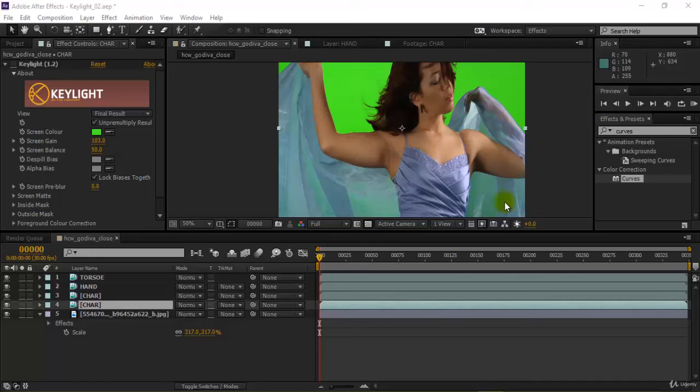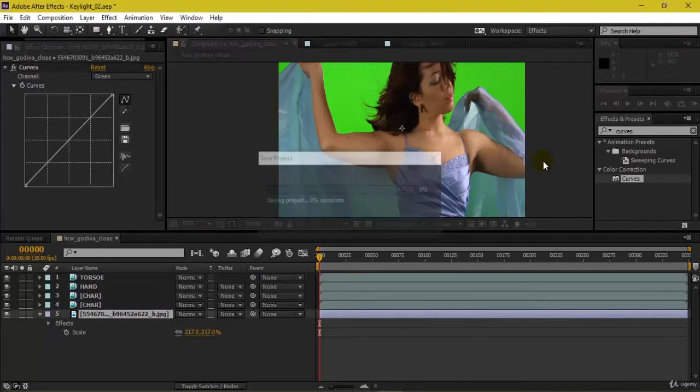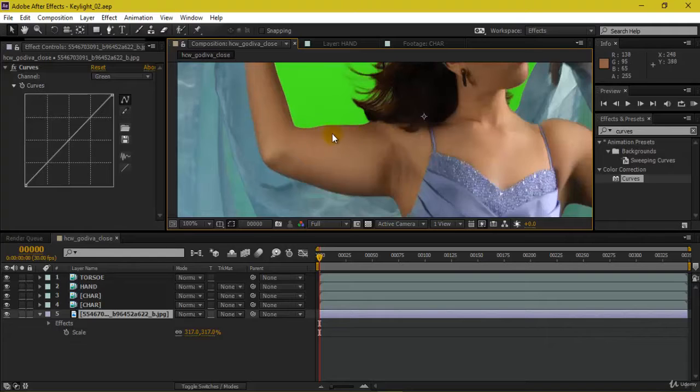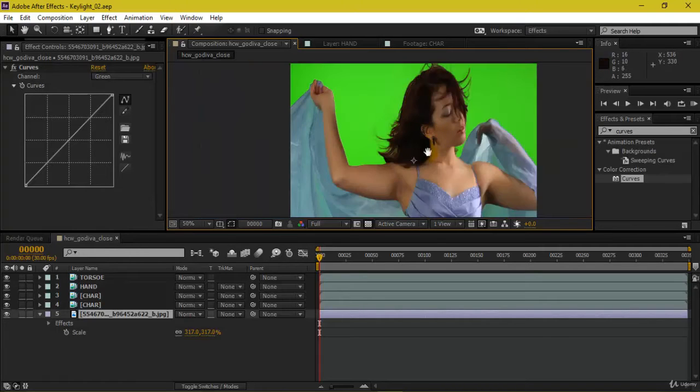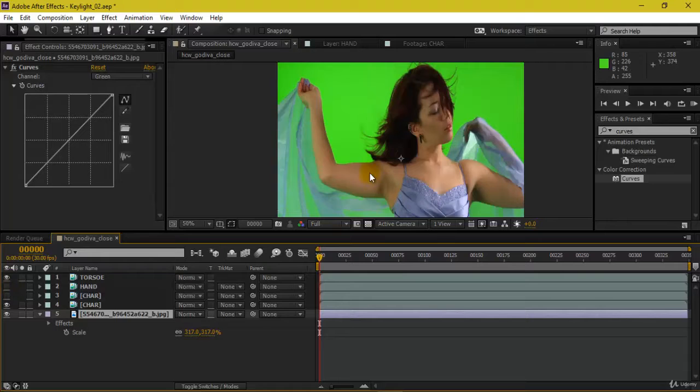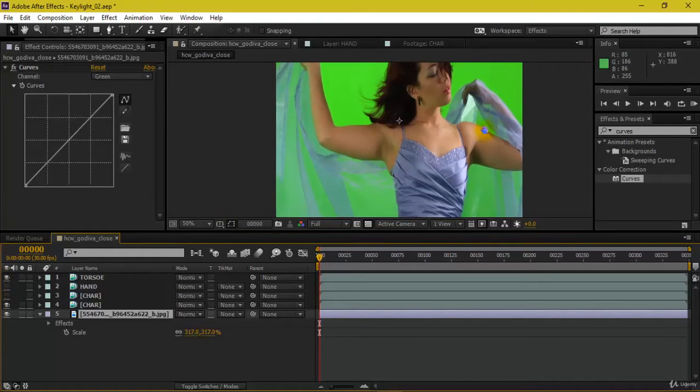So after going through the D-Spill bias, now we'll be moving on to the next segment of our topic in Keylight, which is edges. If you can see here, this is the original image that we had, and if I toggle this off, you'll be able to see this one by one. This was the hand which we had taken to a lighter and nice skin tone, which it had created through D-Spill bias, and this is the torso here.